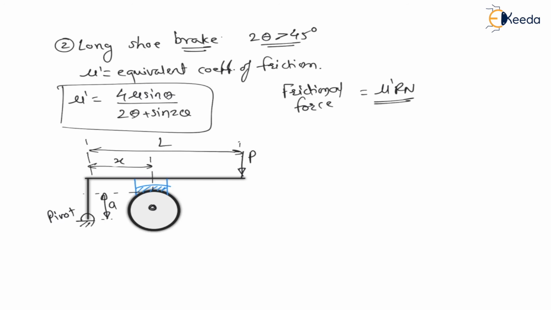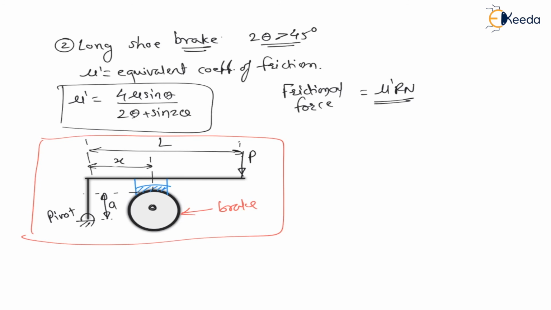Now for such type of braking, let us say this is a simple shoe brake. Whenever this brake drum is rotating in clockwise direction, for such an effort and lever arrangement, it is self actuating or self energizing, and whenever it is rotating in anti-clockwise direction, it is non self actuating or non self energizing.